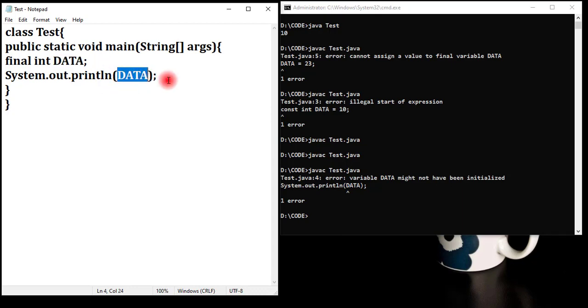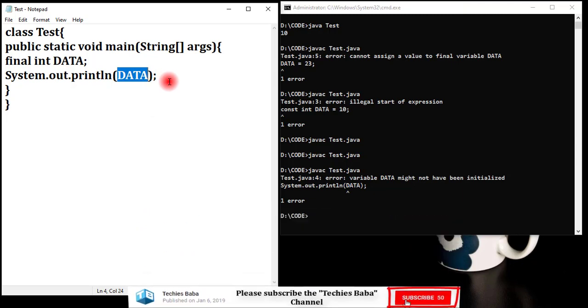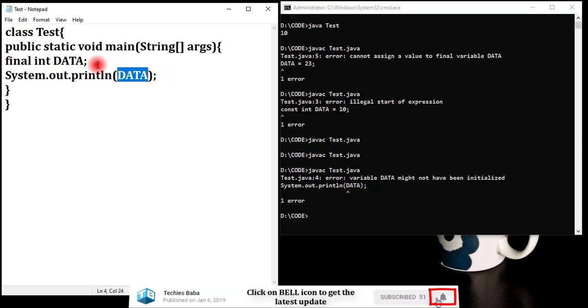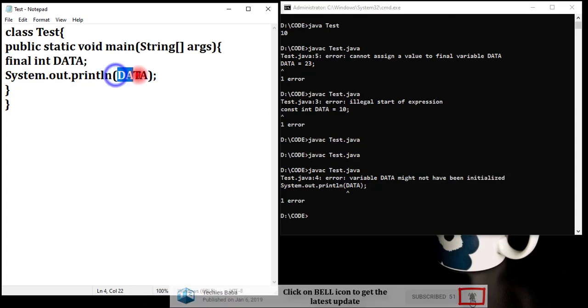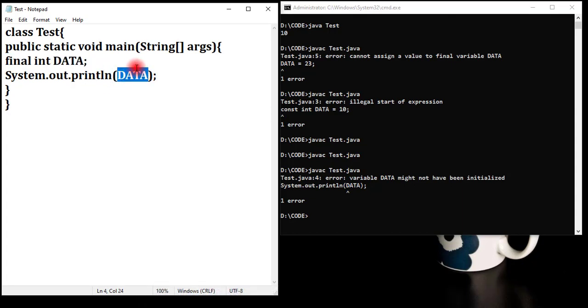If you remember the variable topic, we discussed that for a local variable, the default value will not be provided. So there is no default value for a local variable. It means you must provide some value before using it. The local variable must be initialized before using this.